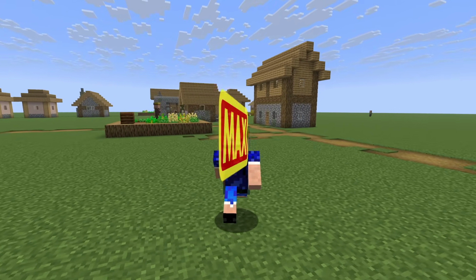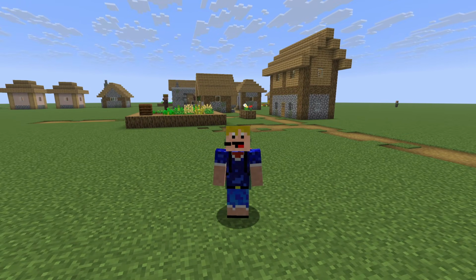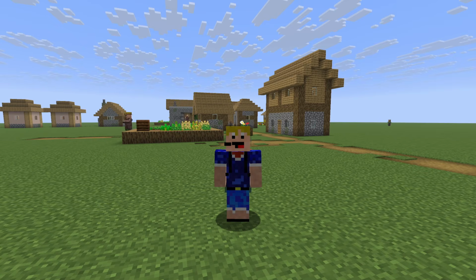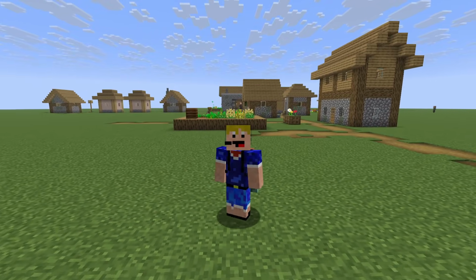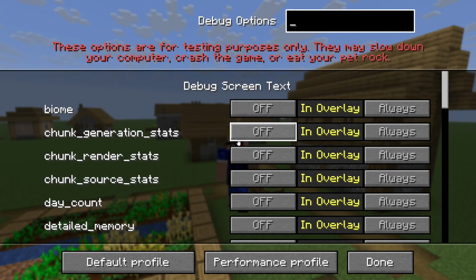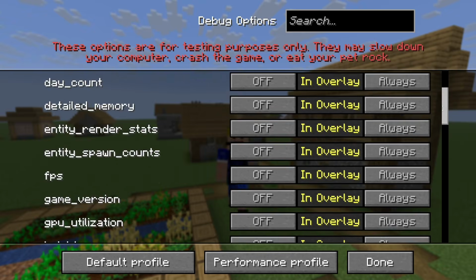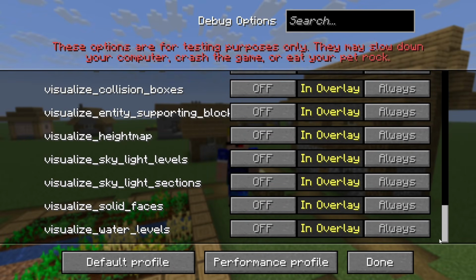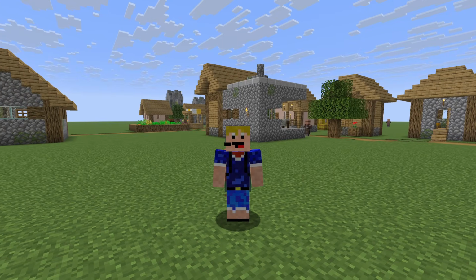Hello everybody, welcome back to another video, and in this video I'm showing you every single F3 option in Minecraft, where this is all of them turned on at the same time. But in this video we'll be going over all of them one by one, explaining what all of the different options are that are available in the debug options. So all of these different options, we'll go over all of them, and I'll briefly explain every single one of them. So hopefully after this video you'll know at least a little bit about each F3 debug option in Minecraft